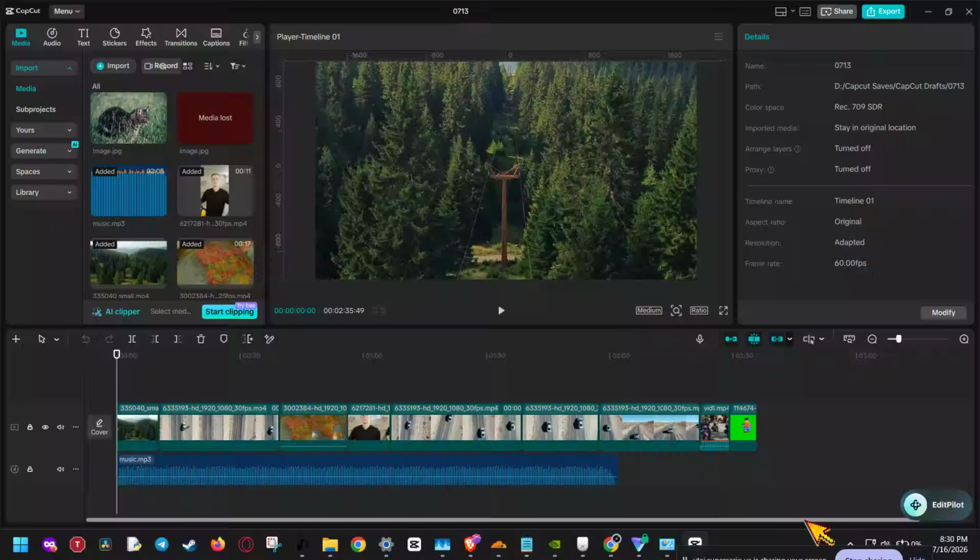If CapCut is giving you a render error, don't worry, because in this video I'm going to walk you through the fastest fixes step by step, so you can get your export working again without wasting hours troubleshooting. This is especially helpful if your project keeps failing at the end, freezing during export, or throwing random errors after